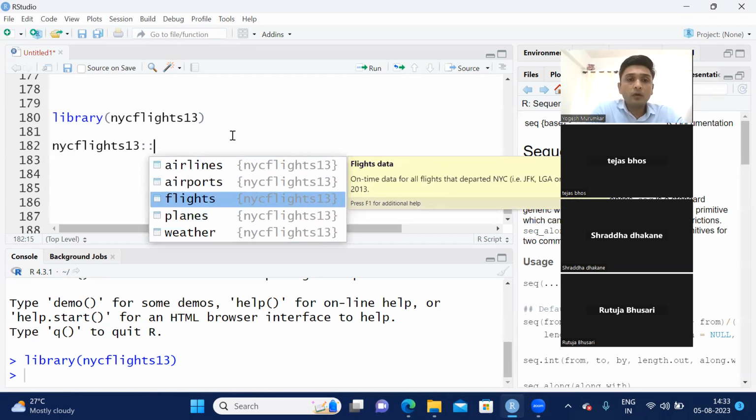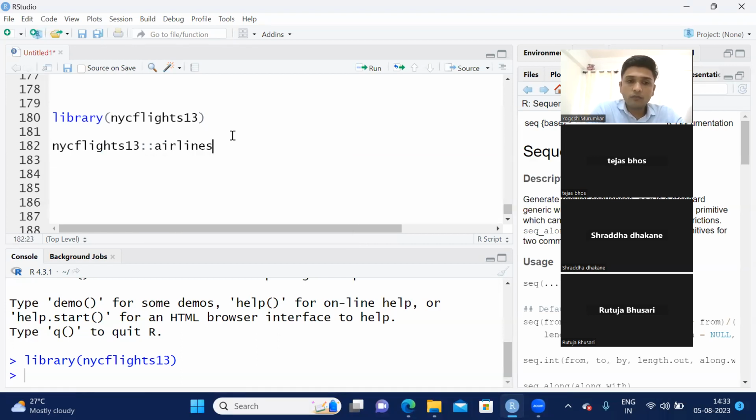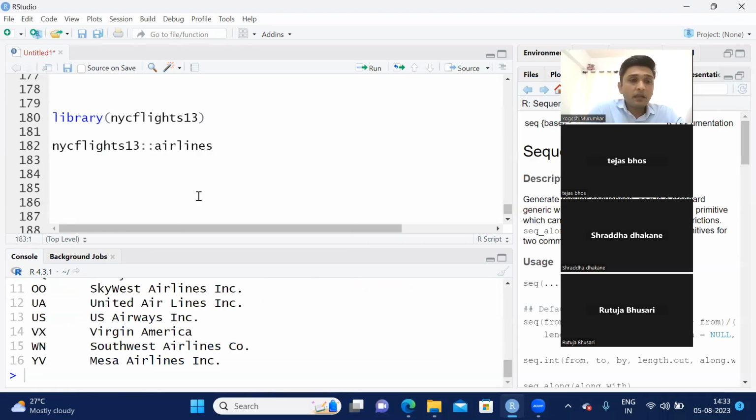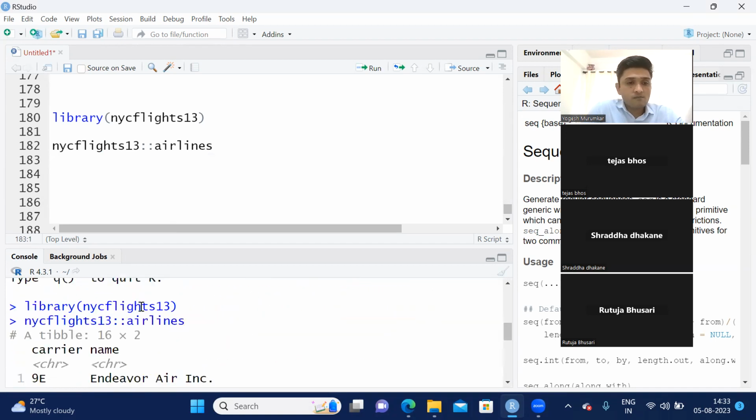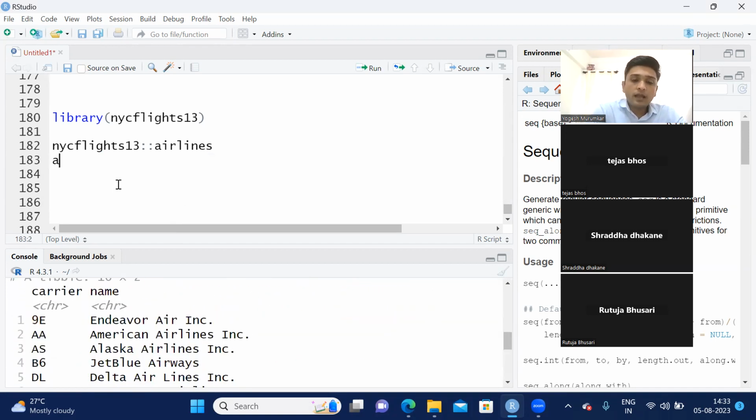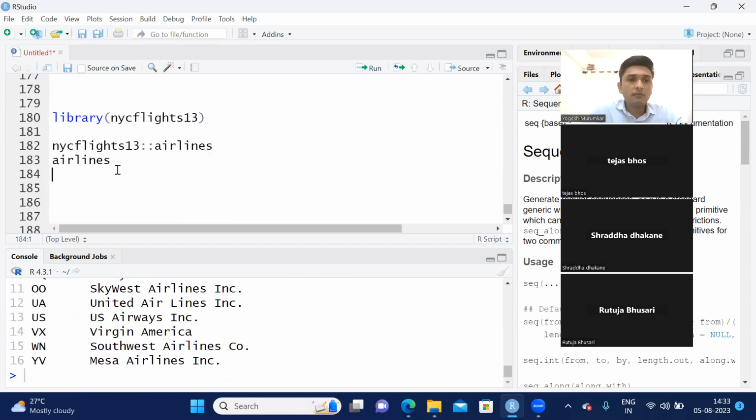The data which we are using was about airlines. If I do it like this, you can see that I have the data about all the airlines here. If I simply type airlines and then run, I get the same output again because I have already done library. Okay, now one more point is you need to do attach, because let's suppose